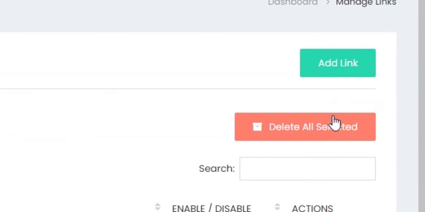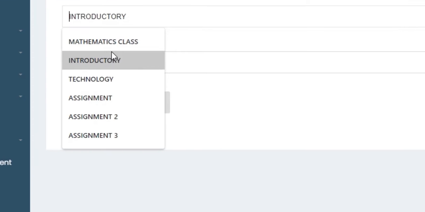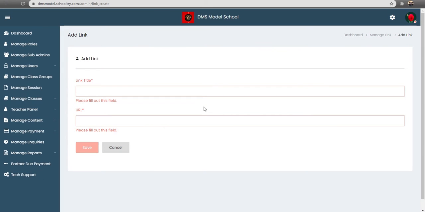So you might want to add a link. You can add a link, for example, by clicking add link at the top right corner here. You input the link title, and then you input the URL of the link. Now this is why it is recommended that you should not add a link manually. First, 100% of the links integrated into SchoolTry have been created for purposes that are organically generated for SchoolTry and by SchoolTry. Adding an external link into this box might alter or might not really give you the results, whatever results you desire as of the time you added this link,